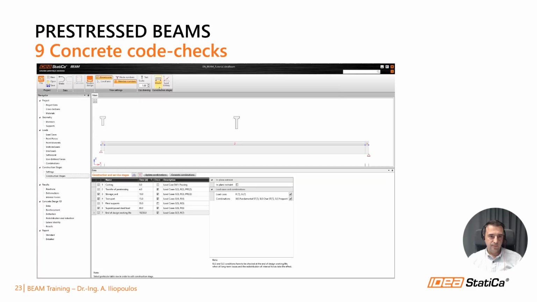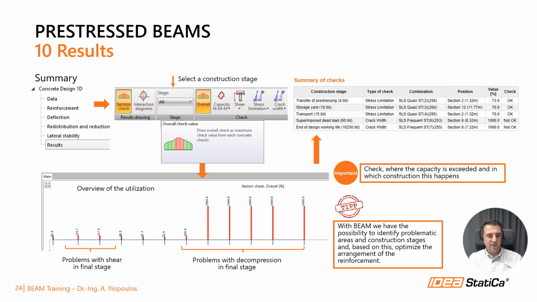So we have defined the reinforcement, we have defined the tendons. So we can now start the calculation and analyze the results. Beam provides us with the utilization factors for each construction stage. And based on these, we can identify the relevant checks and act accordingly. Whether it's the ultimate limit state or the serviceability limit state, Beam gives us this information and we can